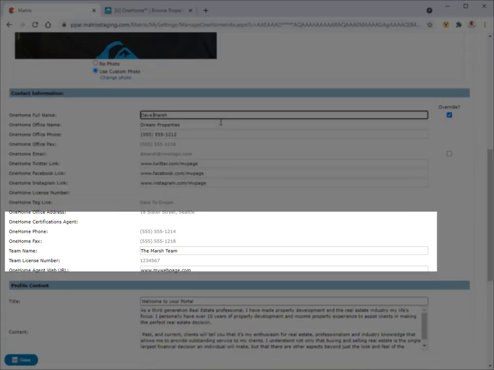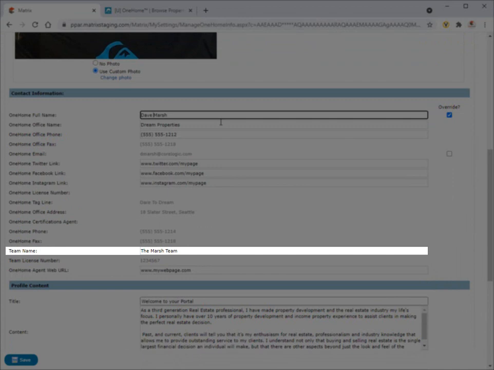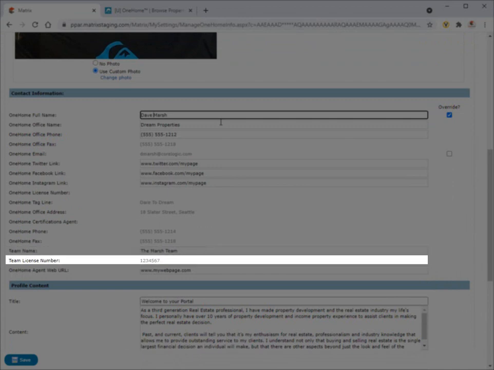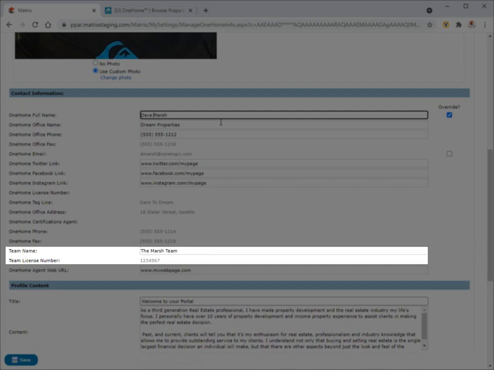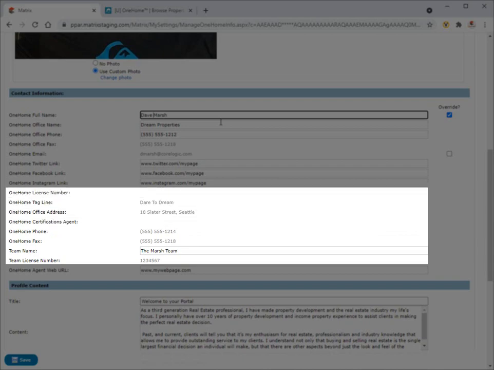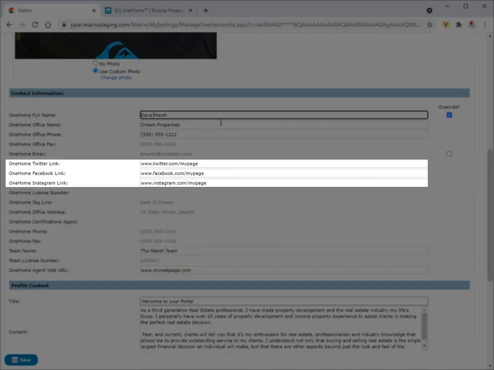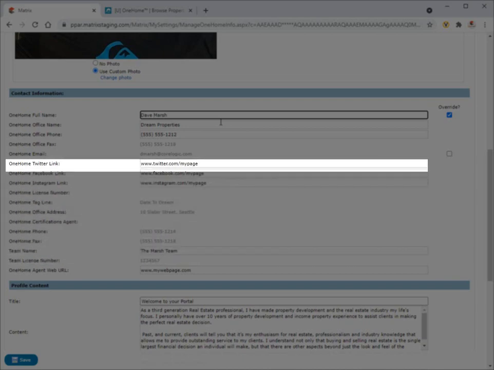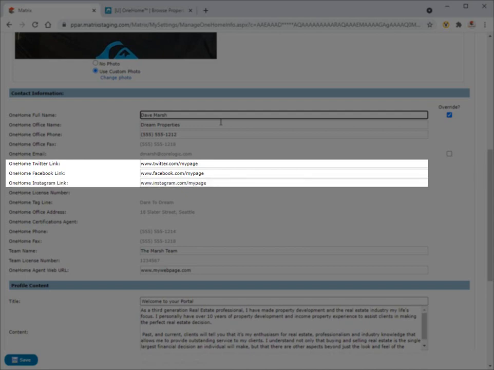Now, if you're part of a team, you may also want to include your team name and license number so it appears directly below your own. And again, this is a great way to further brand your business if it's perhaps greater than just yourself. Another branding option that you may like to include are your social media links. So if you also maintain a Twitter, Facebook, or Instagram account, then feel free to add a URL for those